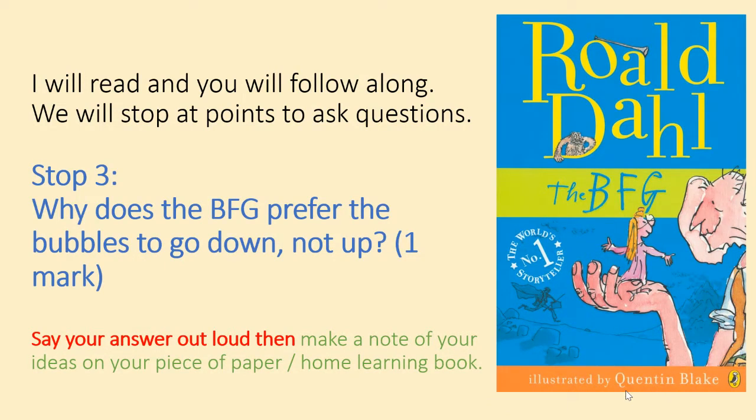"Very well, then. When you is drinking this cokey drink of yours," said the BFG, "it is going straight down into your tummy. Is that right, or is that left?" "It's right," Sophie said. "And the bubbles is going also into your tummy, right or left?" "Right again," Sophie said. "And the bubbles is fizzing upwards?" "Of course," Sophie said. "Which means," said the BFG, "that they will all be coming swish-waffling up your throat and out your mouth and make a falsome belchy burp."